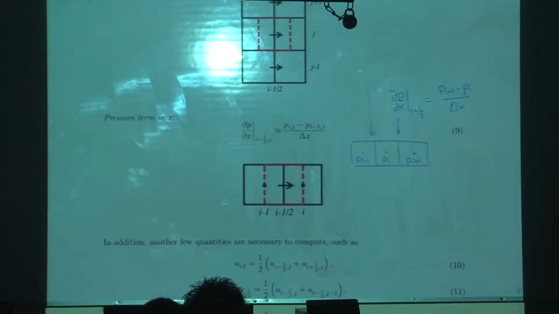And right here, dp dx at i minus 1/2, and that's equal to (p_i minus p_{i-1}) over dx. And our divergence operator